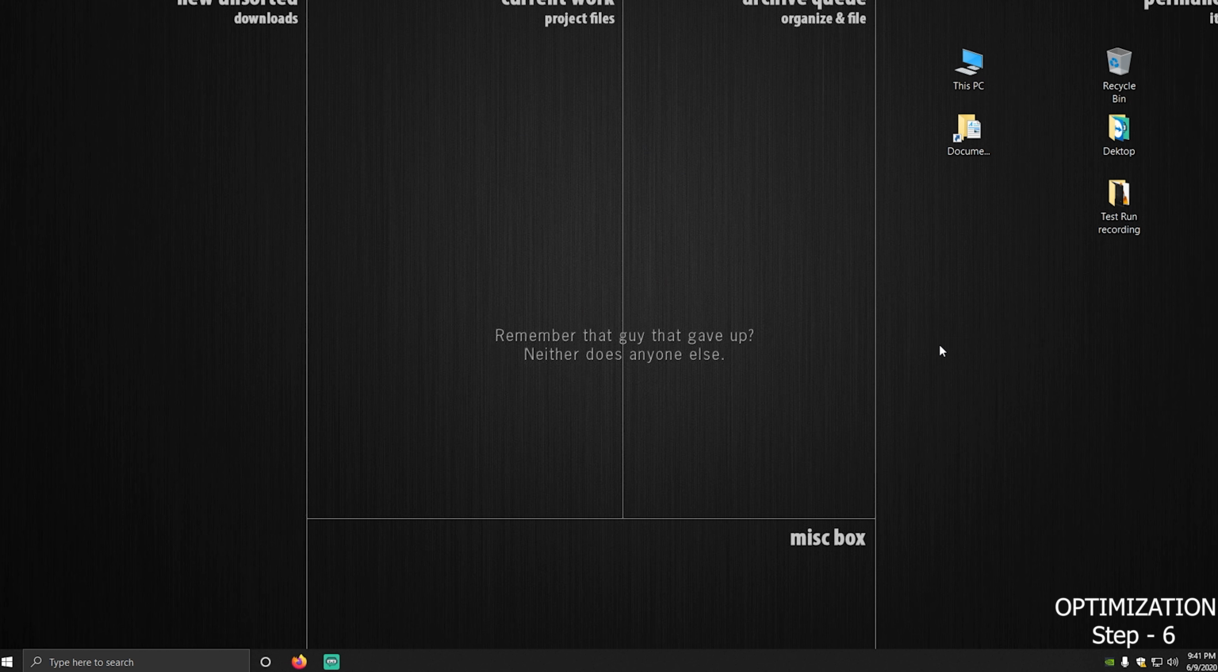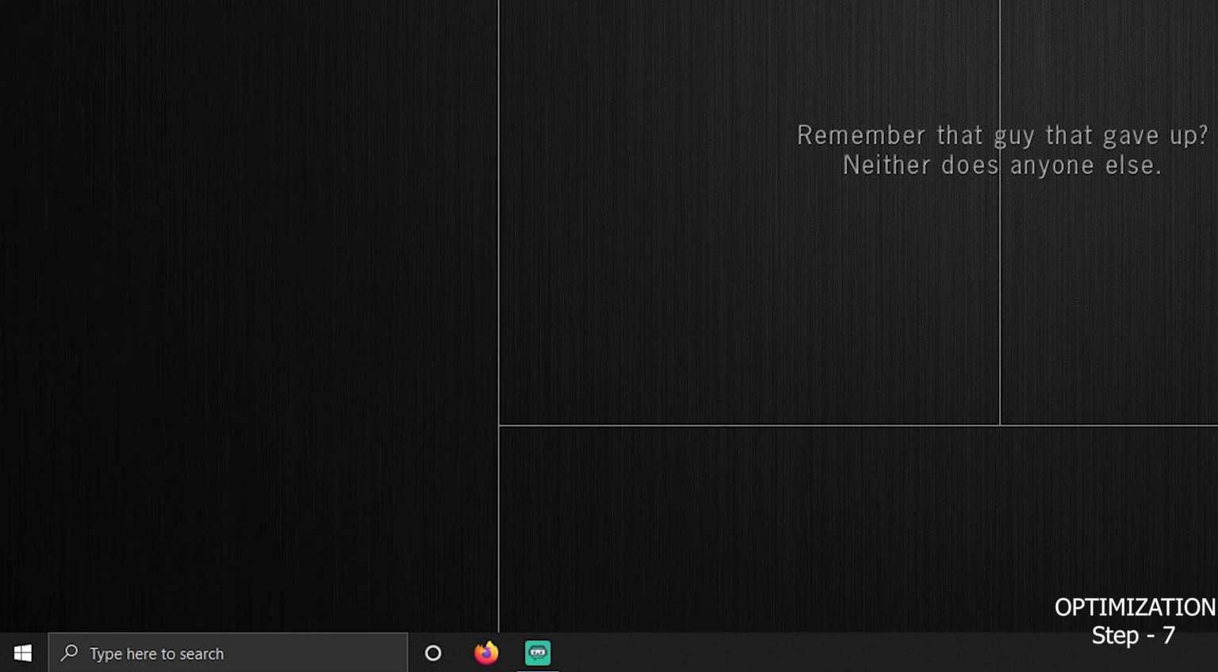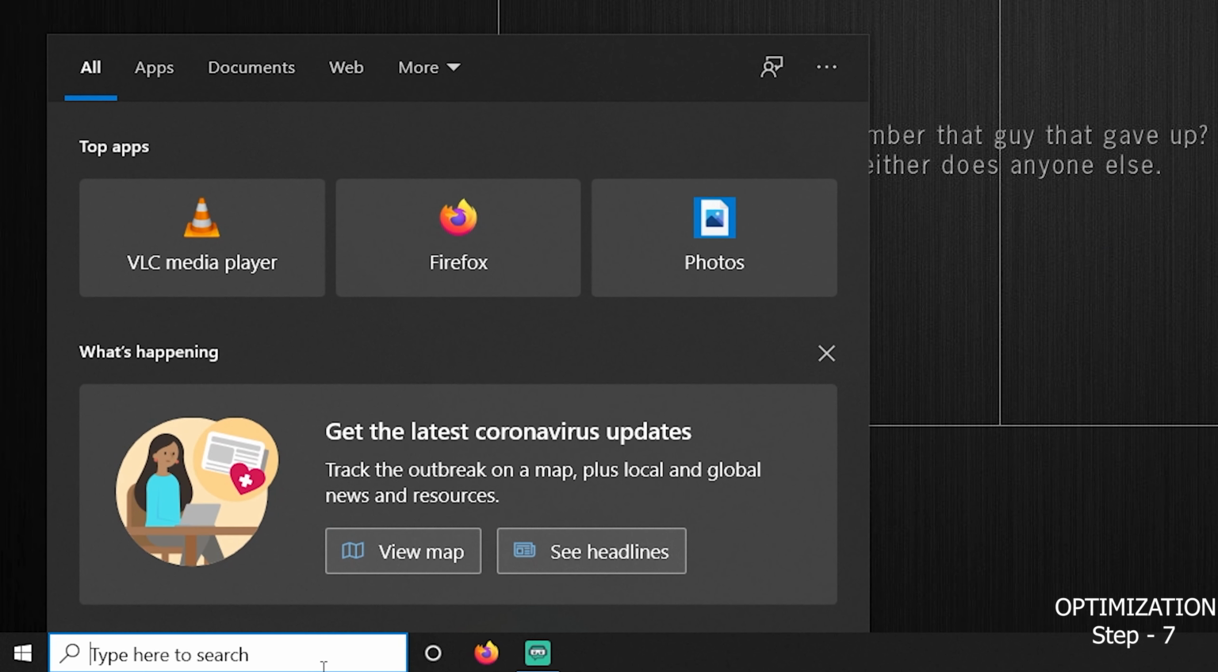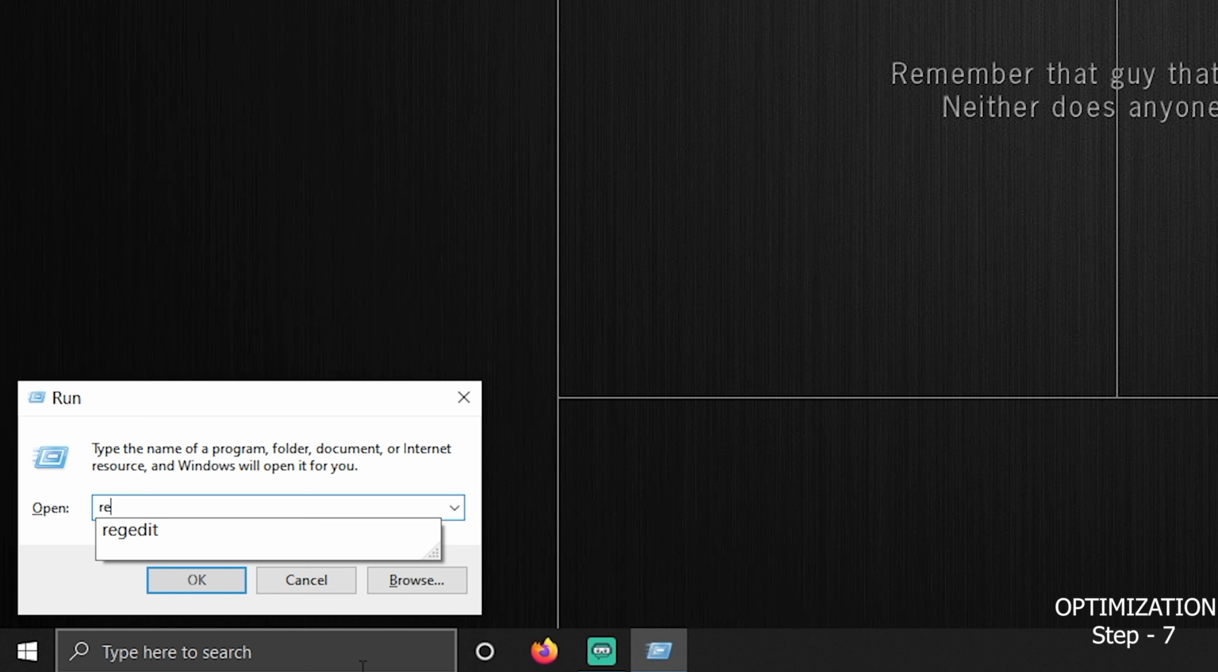Alright guys, moving on to the last part of the optimization, which is shutdown process optimization. So in order to do that, what you need to do is go to the Run tab, type in REGEDIT,